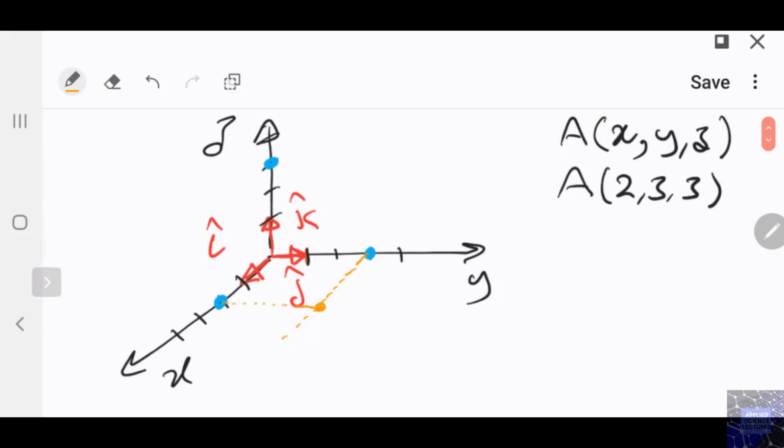The intercept point defines the location on the xy plane, and then from that point I go up perpendicular to that plane to reach 3. So if I'm to draw a dash line here,